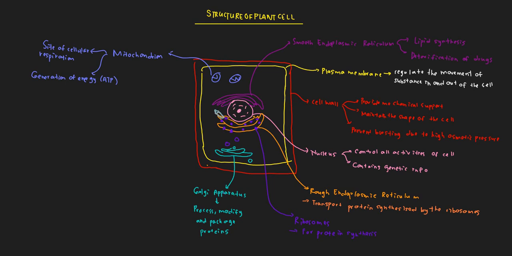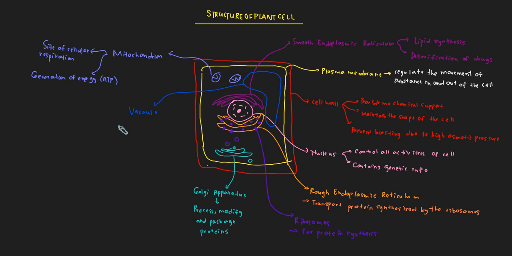Next, we are going to draw the vacuole. And there are three main functions of the vacuole, but before we go into depth, the vacuole is actually a sac that contains cell sap, which is bound by a semi-permeable membrane known as the tonoplast. And the main function of the vacuole is that when the vacuole is filled with cell sap, the vacuole